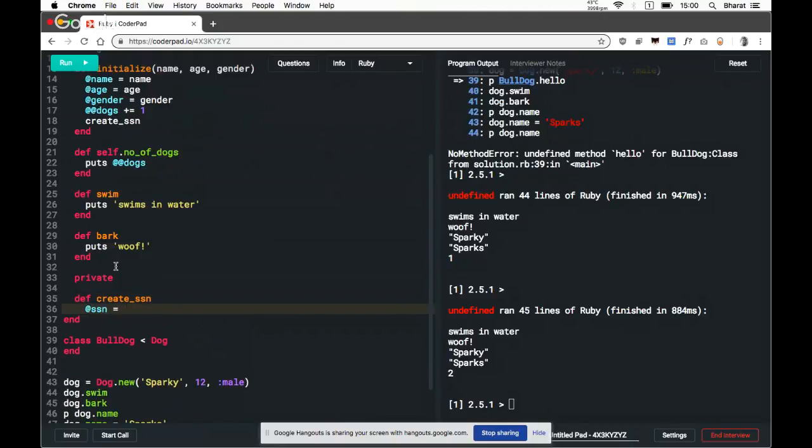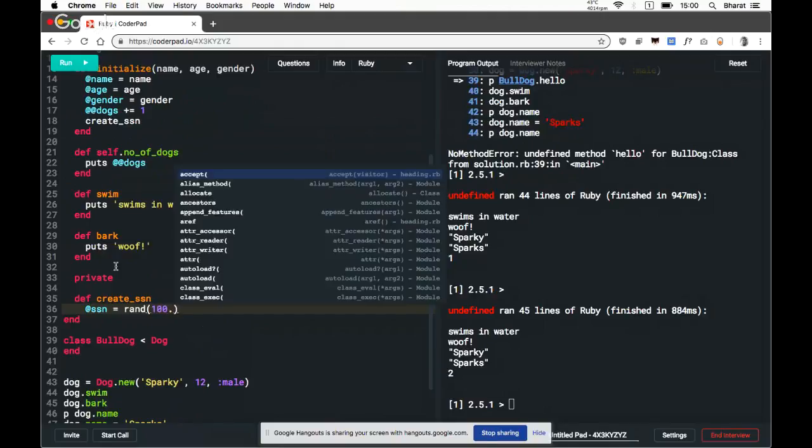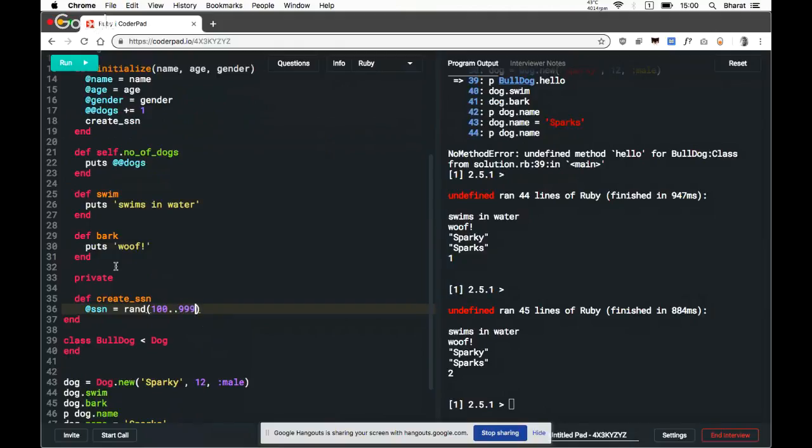Let's make it a 4-digit number, and we only want to reveal the last 2 digits of this number.